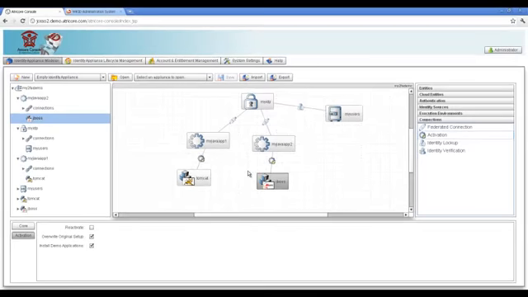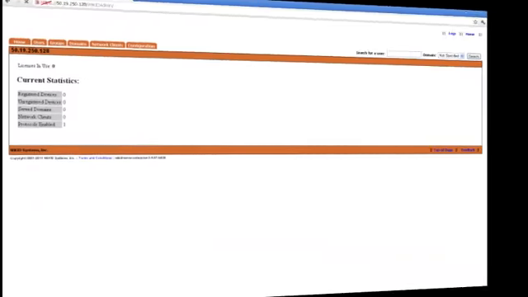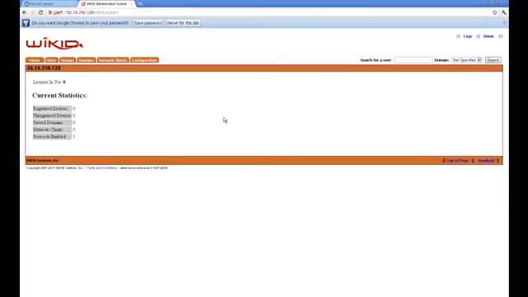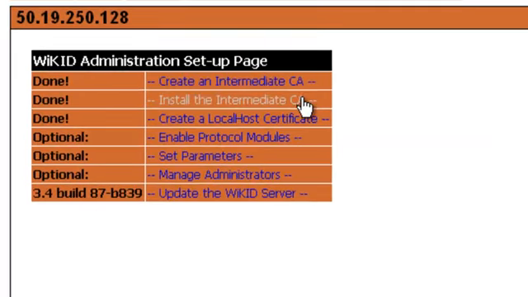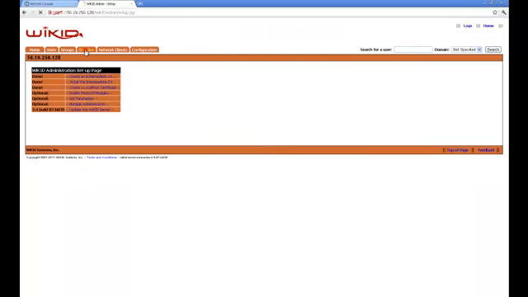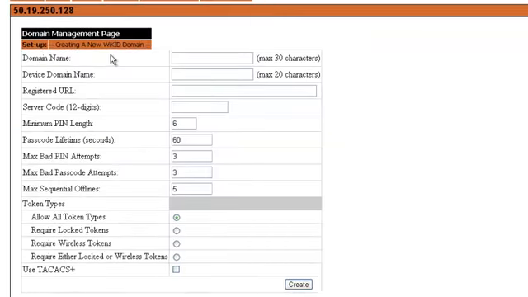Okay, now it's time to set up Wicked for introducing two-factor authentication capabilities to our single sign-on setting. We've already set up Wicked, namely the trust system on top of which it operates, which is based on public key infrastructure. Okay, now it's time to specify an authentication domain, a segmentation of authentication authority in which any given